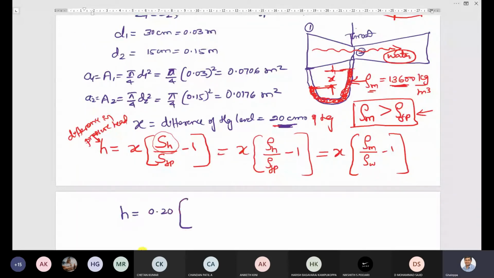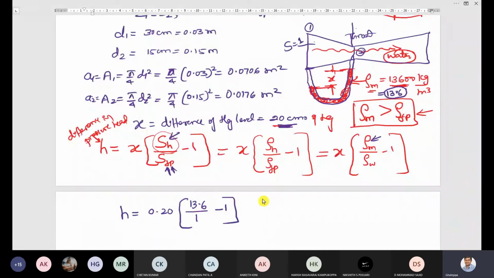Into, you can use the specific gravity of the heavy liquid or you can use the density of the manometer liquid, both. I know the specific gravity of the heavy liquid, that is the manometer liquid, is 13.6. What is the specific gravity of the water? Specific gravity of the water is 1. Why are we taking the specific gravity of water? Because you choose the fluid which is flowing in the pipe. The fluid which is flowing in the pipe you need to choose. Understood? Now I will substitute 13.6 divided by the specific gravity of the fluid in the pipe, which is water, so take 1, minus 1.